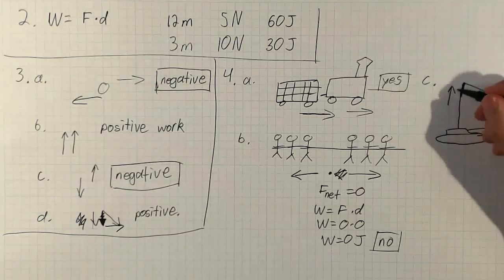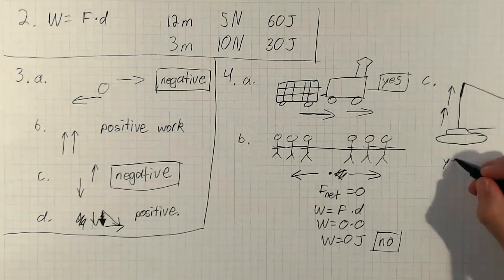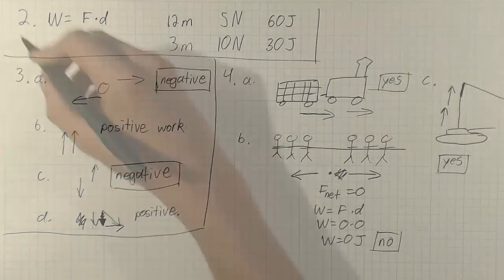And the crane is exerting a force upwards, and the tank is moving upwards. So since the movement and the force are in the same direction, work is being done, and again, it is conveniently positive. Not that it matters, but we know the work is being done. The next question is question 5,